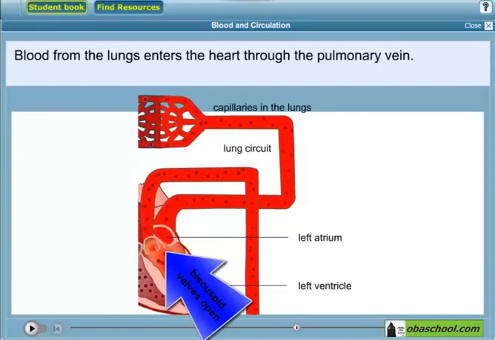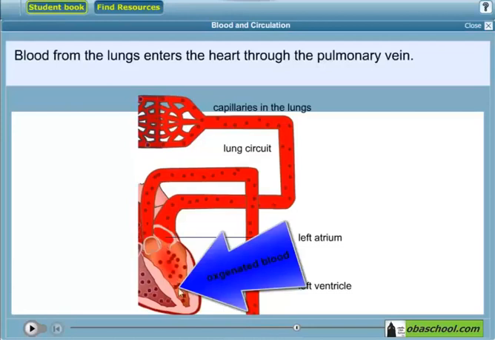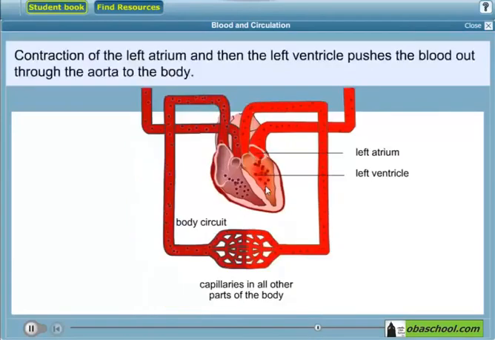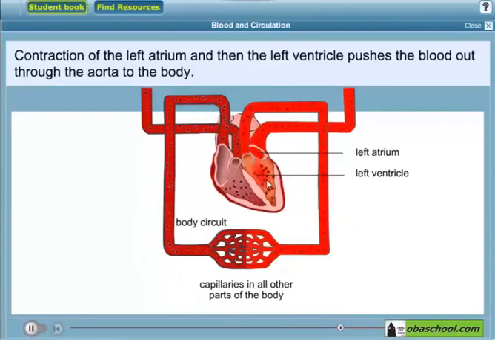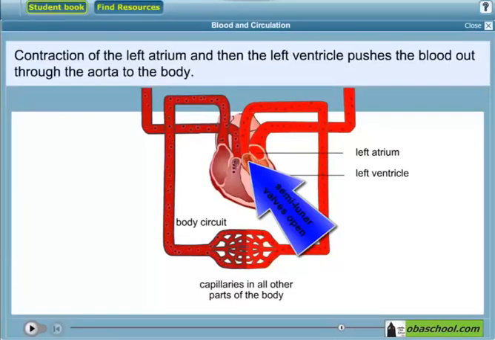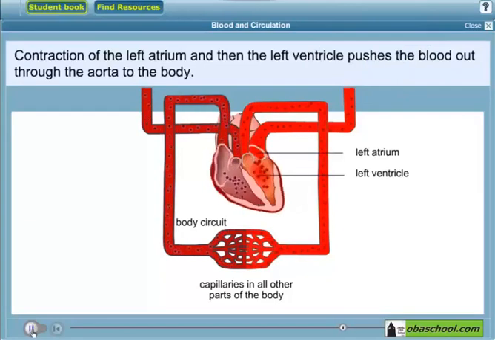So upon the contraction of the left atrium, the oxygenated blood will enter the left ventricle, going through the valve. And now oxygenated blood is collected in the left ventricle, and the left ventricle contracts, forcing the oxygenated blood into the aorta through the valve, and then the aorta is going to take oxygenated blood to the different body organs,